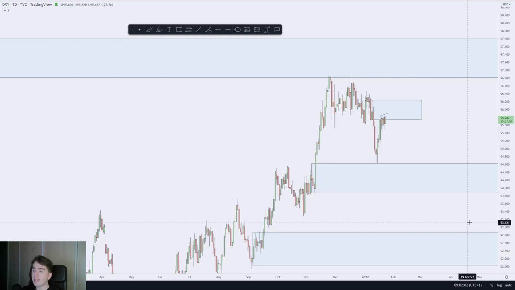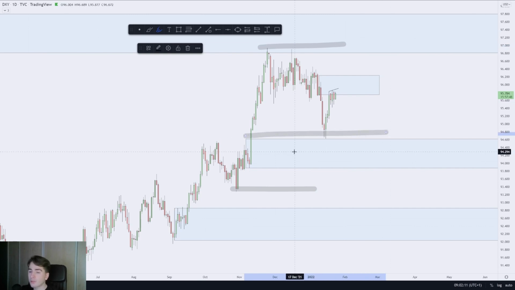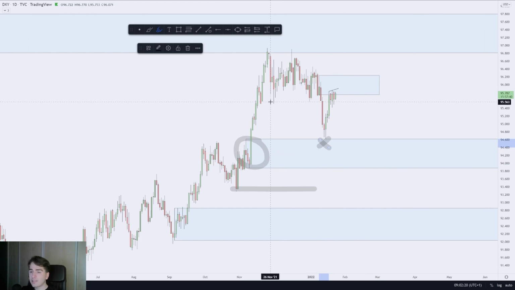Let's start off by looking at the dollar index. What we can currently see on the dollar index is that this is your swing low, this is your swing high on the daily, and we've made a beautiful 618 fib retracement. The only thing that I don't really like is that we've missed out on this area of daily demand over here. So that is still kind of what's bugging me, and what is telling me, okay, well, we